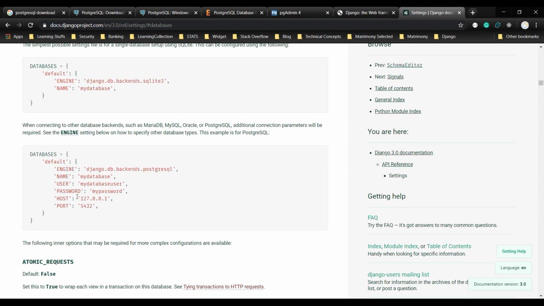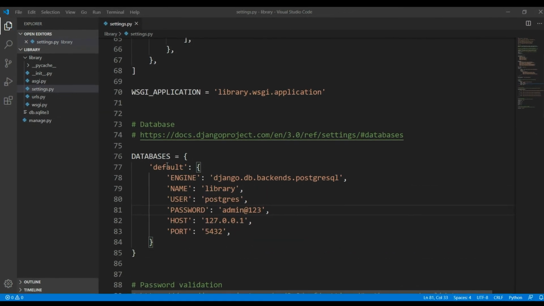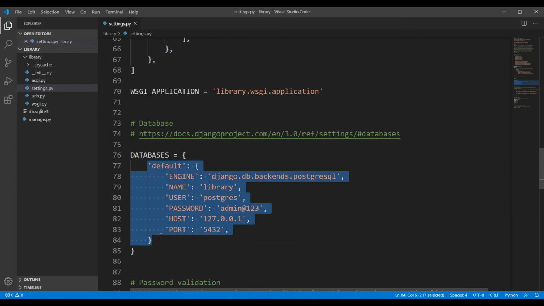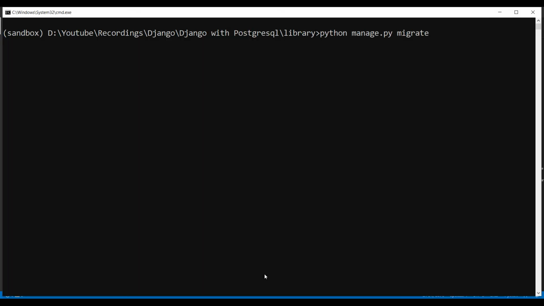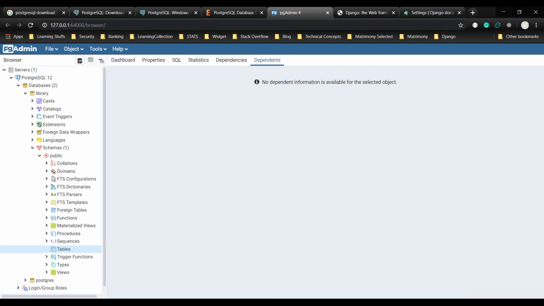So we'll take this engine name. This will be our engine instead of sqlite3. These informations are filled up. We will open the command prompt and we will run the migration. Now all our migrations have run.